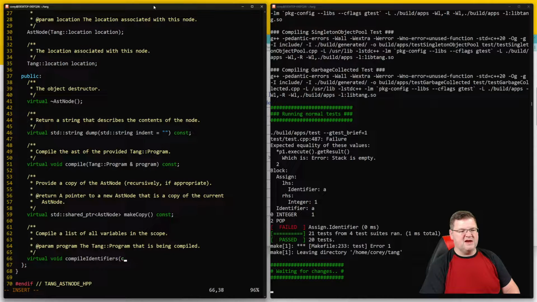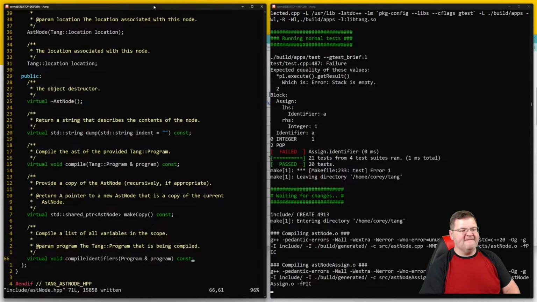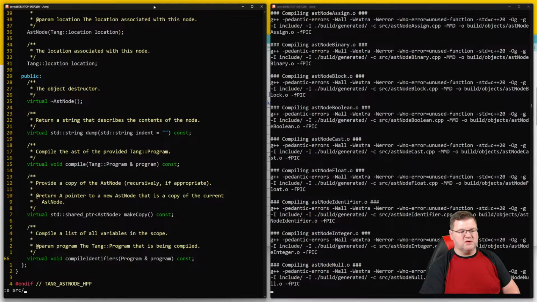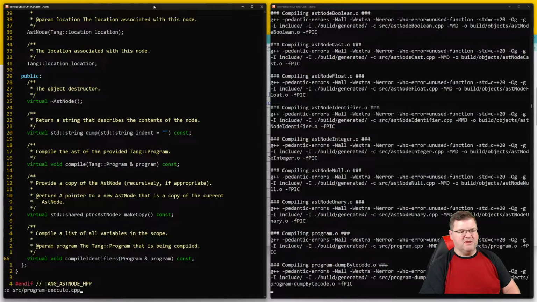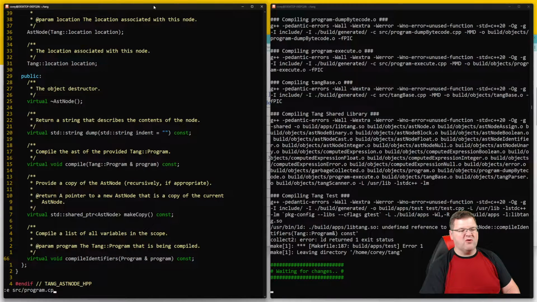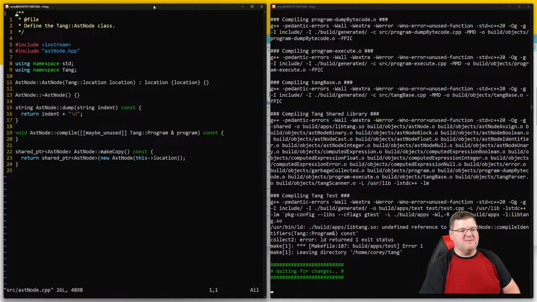No, and it's not a const. Definitely not. Program ampersand program. I'm const, but it's going to modify program. And now we need to put this in the source program .cpp. No, not program. Sorry. AST_node.cpp. So we're going to have